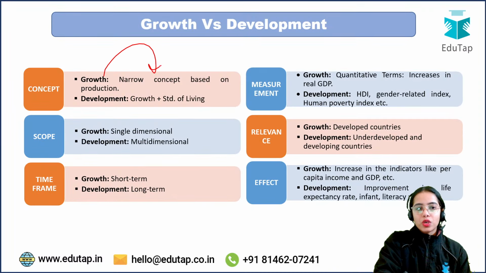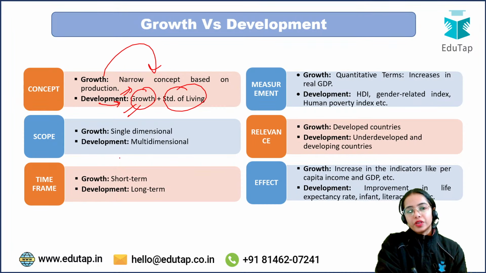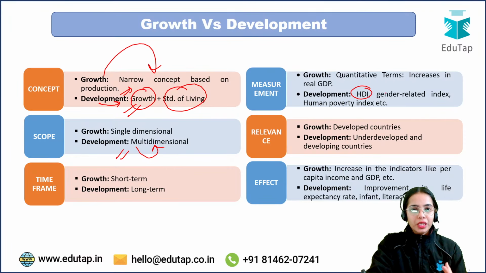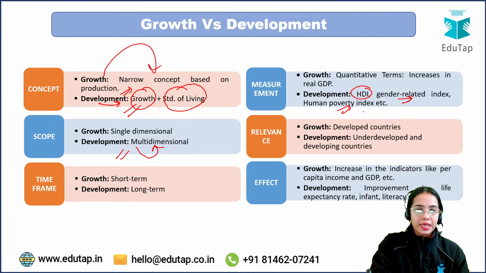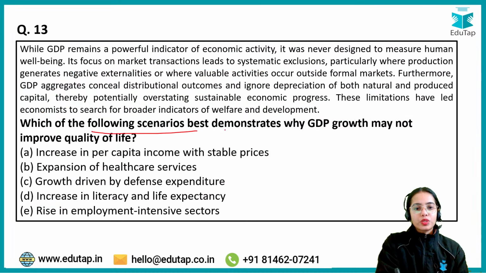Growth is a narrow concept as it focuses on production only, while development is a broad concept that talks about growth and better standard of living. So development is a multidimensional concept that focuses on human development index, gender related index, gender equality, human poverty index and such. Now coming to the next question, which of the following scenarios best demonstrate why GDP growth may not